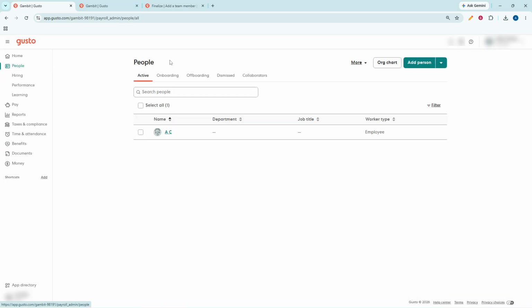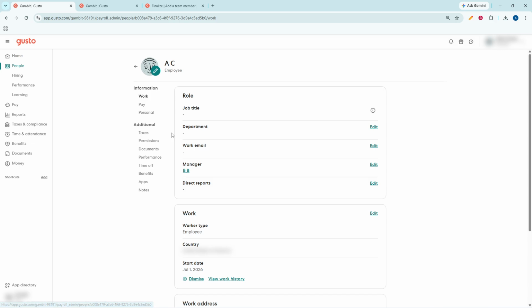This is where you can view and manage your team members, including their pay and employment details. From the People section, select the employee whose overtime eligibility you want to update. Make sure you choose the correct employee before making any changes, since these settings affect how their compensation is categorized